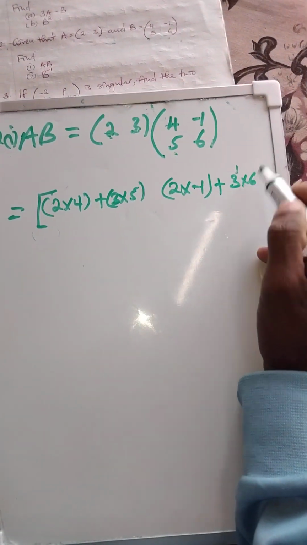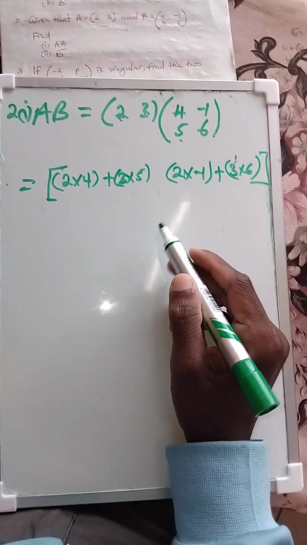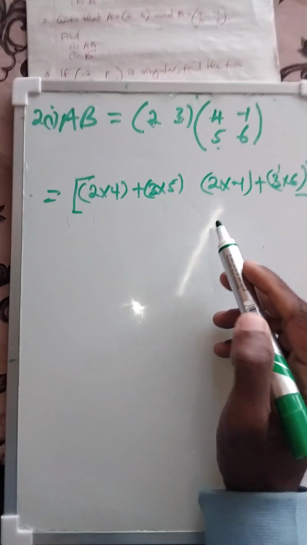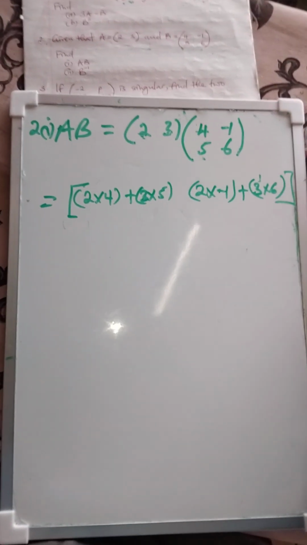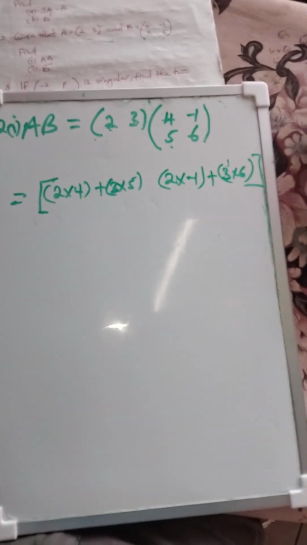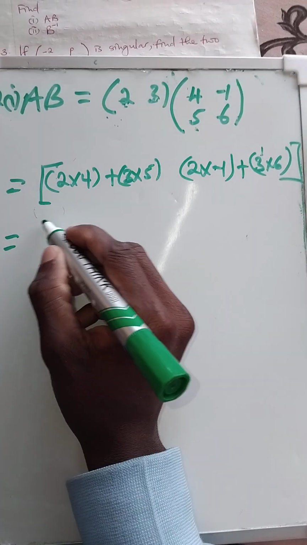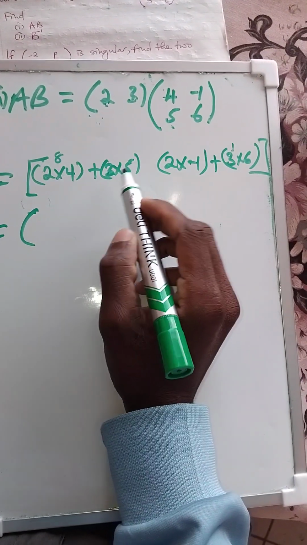The matrix here is a 2 by 2 matrix, but it is not always that you multiply 2 by 2 matrices, so they can give you this format and you should know. So here 8 and 15,